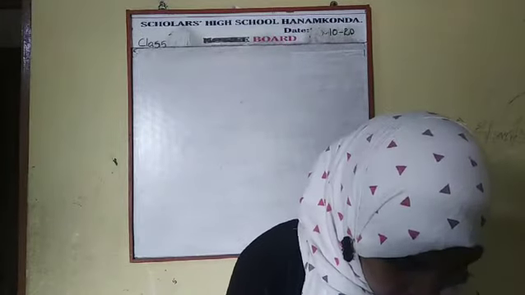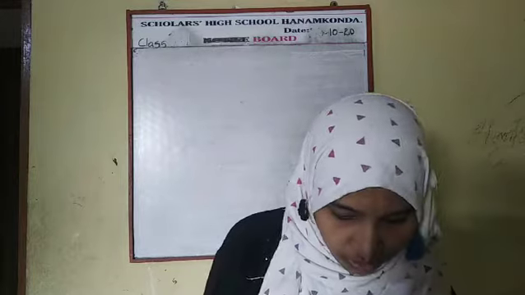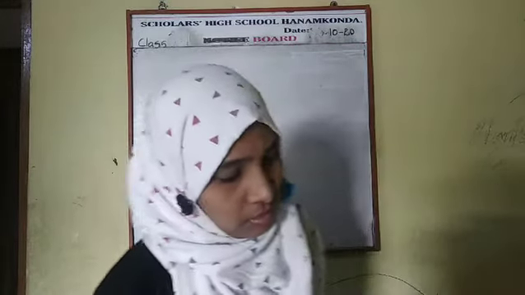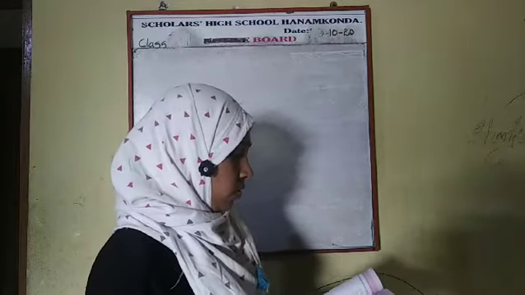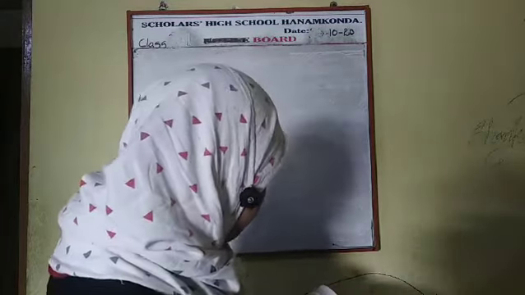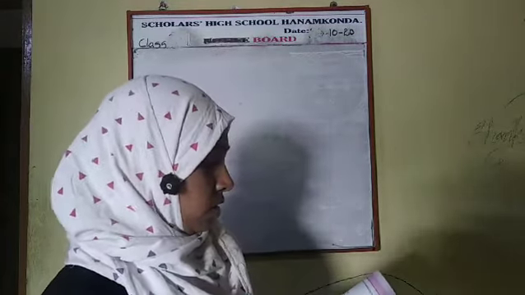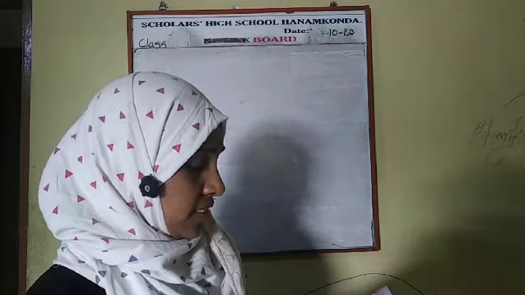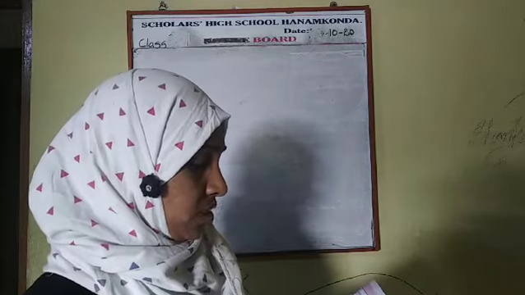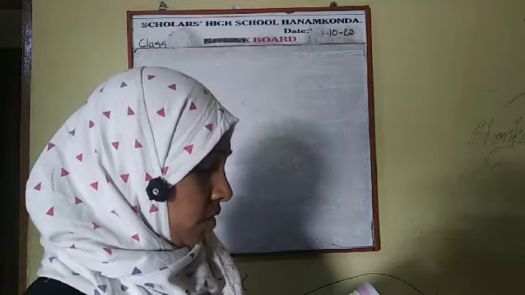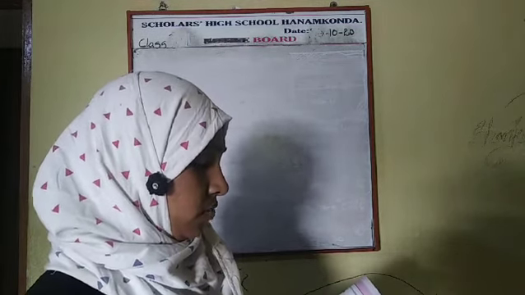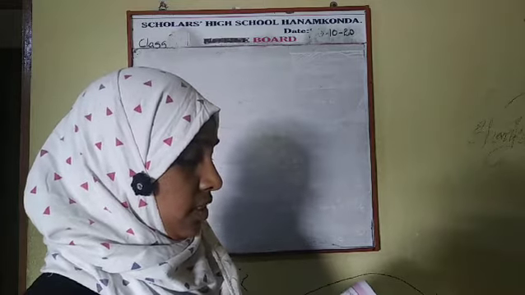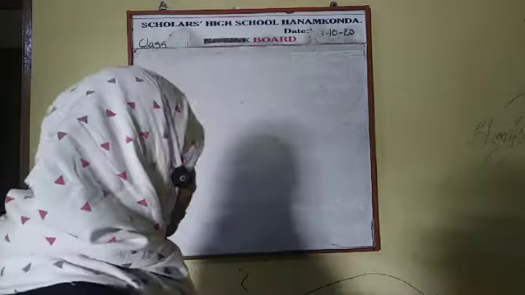In the last video, we discussed exercise 6.2 up to the fifth problem. Now, the sixth problem. A school collected rupees 2,601 as fee from the students. If the fee paid by each student and the number of students in the school were equal, how many students were there in the school? He is asking.